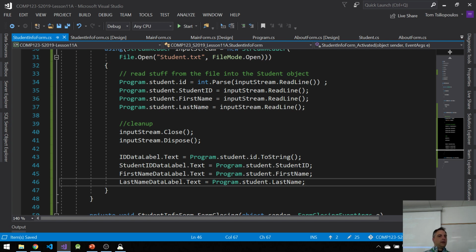Do you agree? So here's what I've done, just to recap. Read stuff from the database, saved it in a student class, saved it onto the file, loaded it from the file into the student class, and output it to labels. But we already had it in the student class, so I'm not really doing anything. I'm just going in a roundabout way so that I can show you how saving and loading